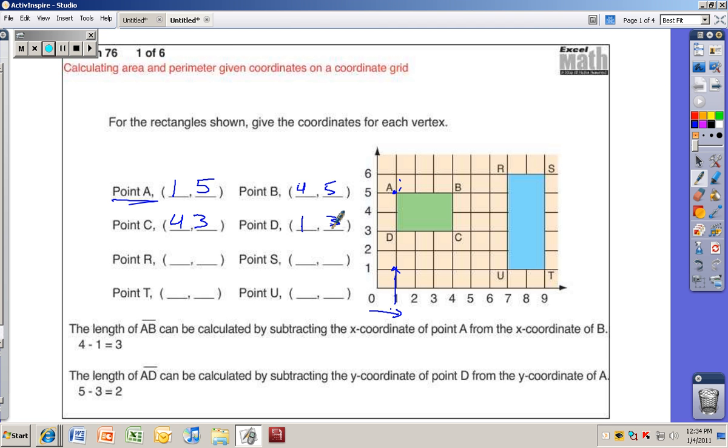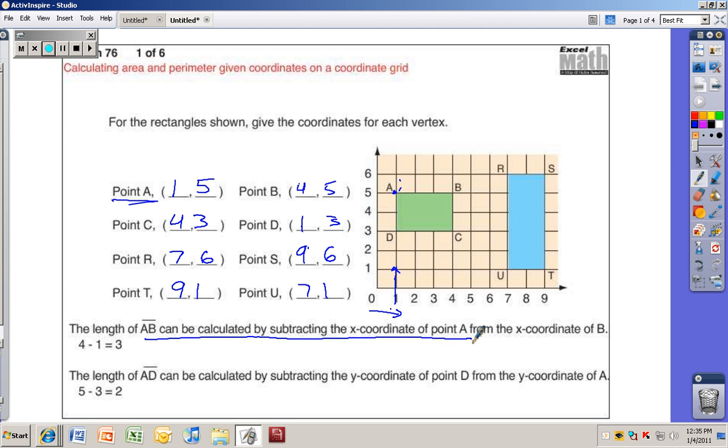Point R would be over 7 and up 6. Point S would be over 9 and up 6. Point T would be over 9 and up 1. And point U would be over 7 and up 1. What do you think? Are those right? Yep. Okay. So we found all the coordinates, and it says the length of AB can be calculated by subtracting